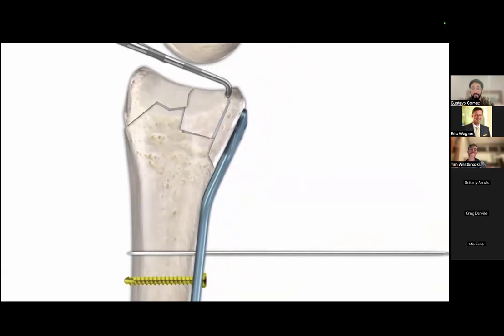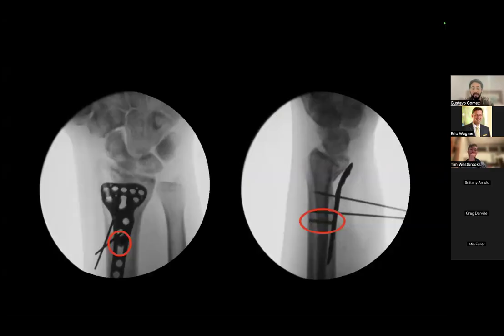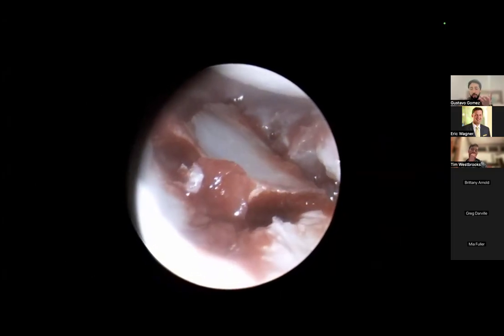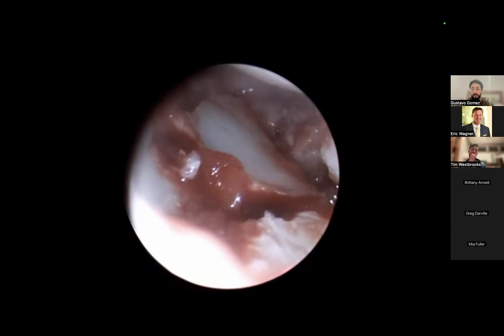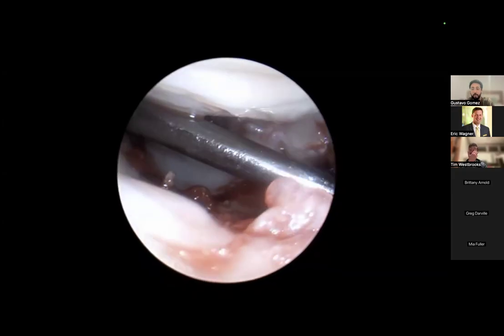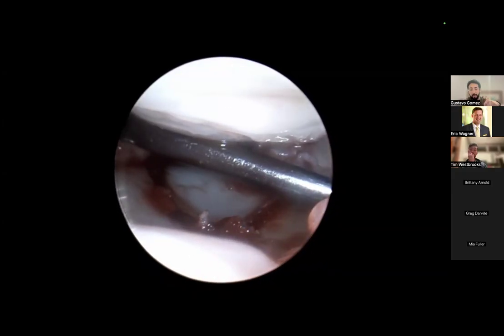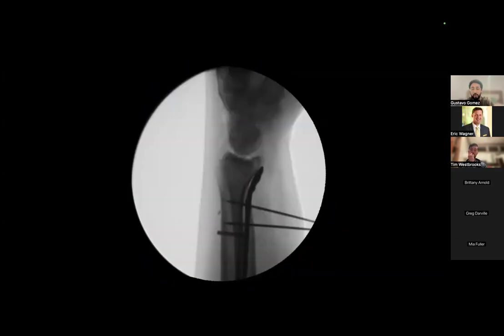We can place the screw, but don't compress it yet. As you can see here, the plate is not compressed. Then we release the fragments, pushing them from the fracture line. We remove the hematoma, scratching between the fragments. We pull the fragment with the probe while we compress the plate, placing the proximal dynamic compression screw. And here is the result under the image intensifier, but of course we have to check again